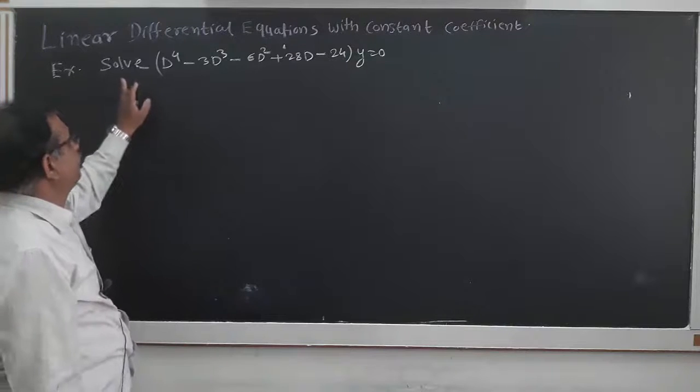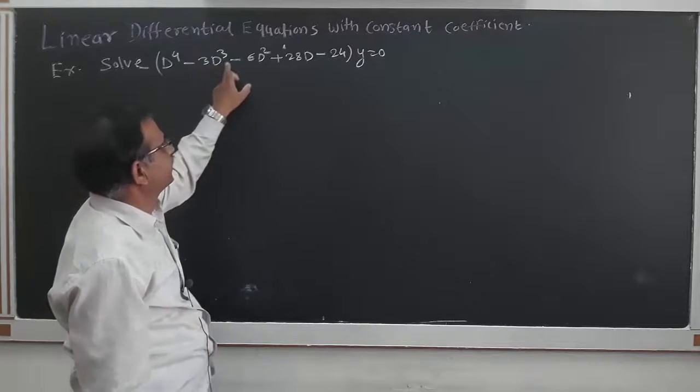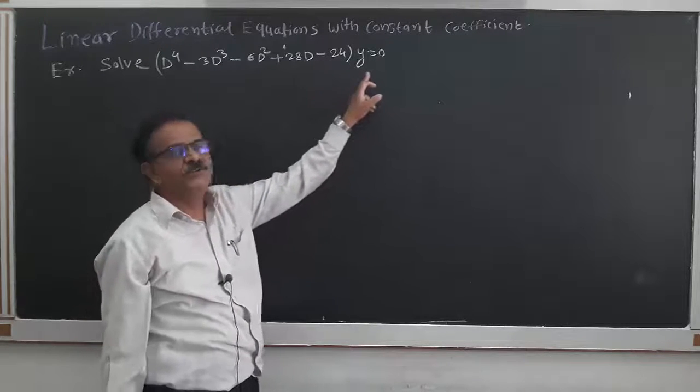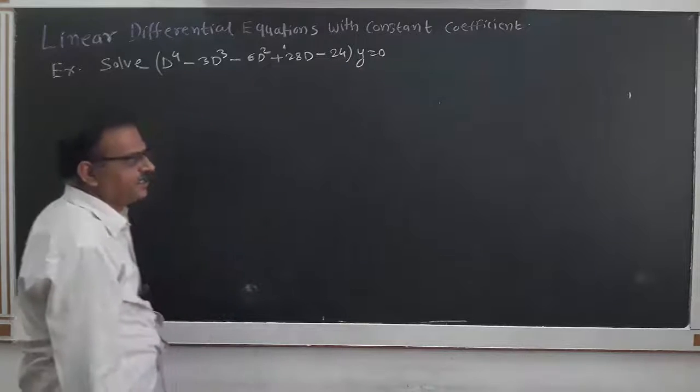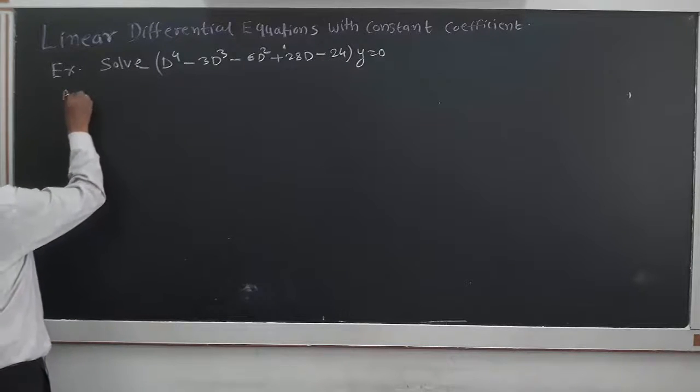We have to solve the problem: solve D⁴ − 3D³ − 6D² + 28D − 24 y = 0. For this, we shall first write the auxiliary equation. The auxiliary equation is